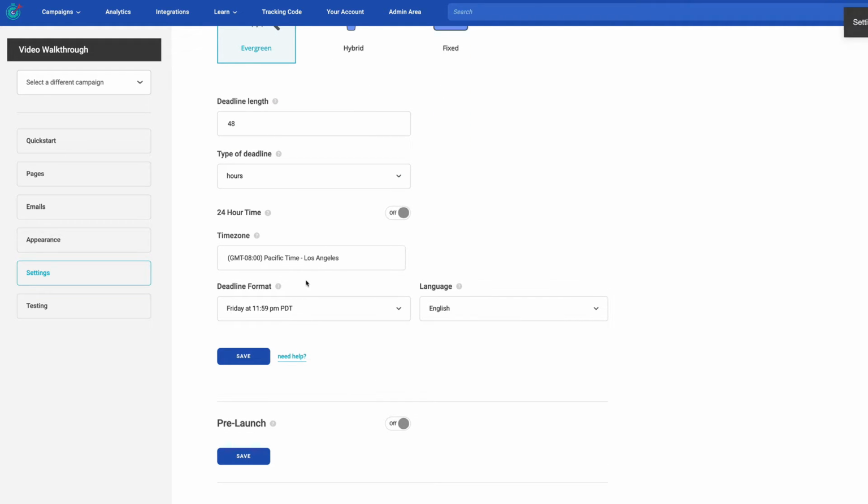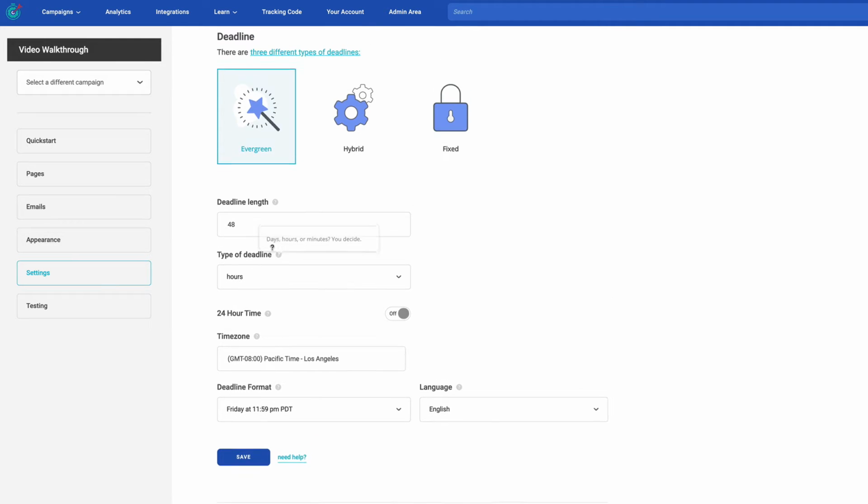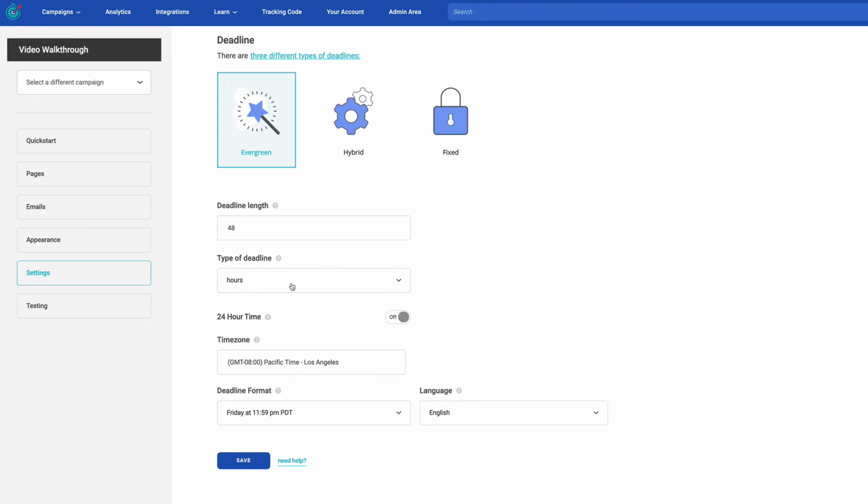Now, you might be wondering, why is there a choice of time zone? That's for how the text is displayed on the floating bar. So if you're using the floating bar, that's going to be useful for you to show. So just choose your clients' time zone, the one that most of your clients are in. If you don't know one, just choose one that half or a third of your clients are in. So that's it. That's how you change from a specific number of days to a specific number of hours.